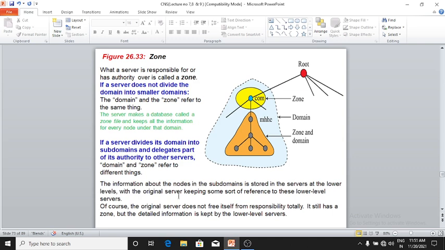The original server keeps some sort of reference to these lower level servers. Of course the original server does not free itself from responsibility totally. It still has a zone, but the detailed information is kept by the lower servers.